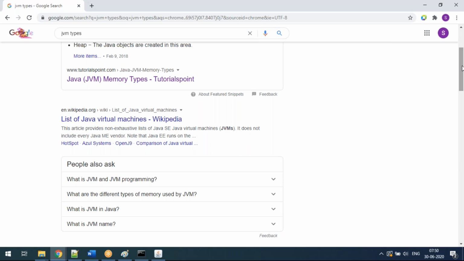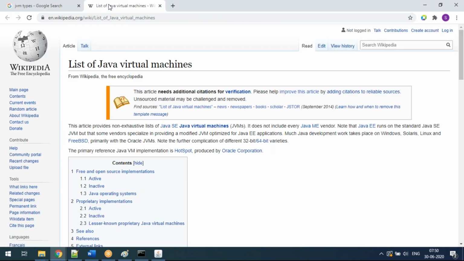All the class files will be converted into machine-understandable code, and it has to run, so the JVM is created automatically. That JVM is either Java JVM, Sun JVM, or IBM JVM. That is what we are representing here. If you talk to your developer, you will get this idea.